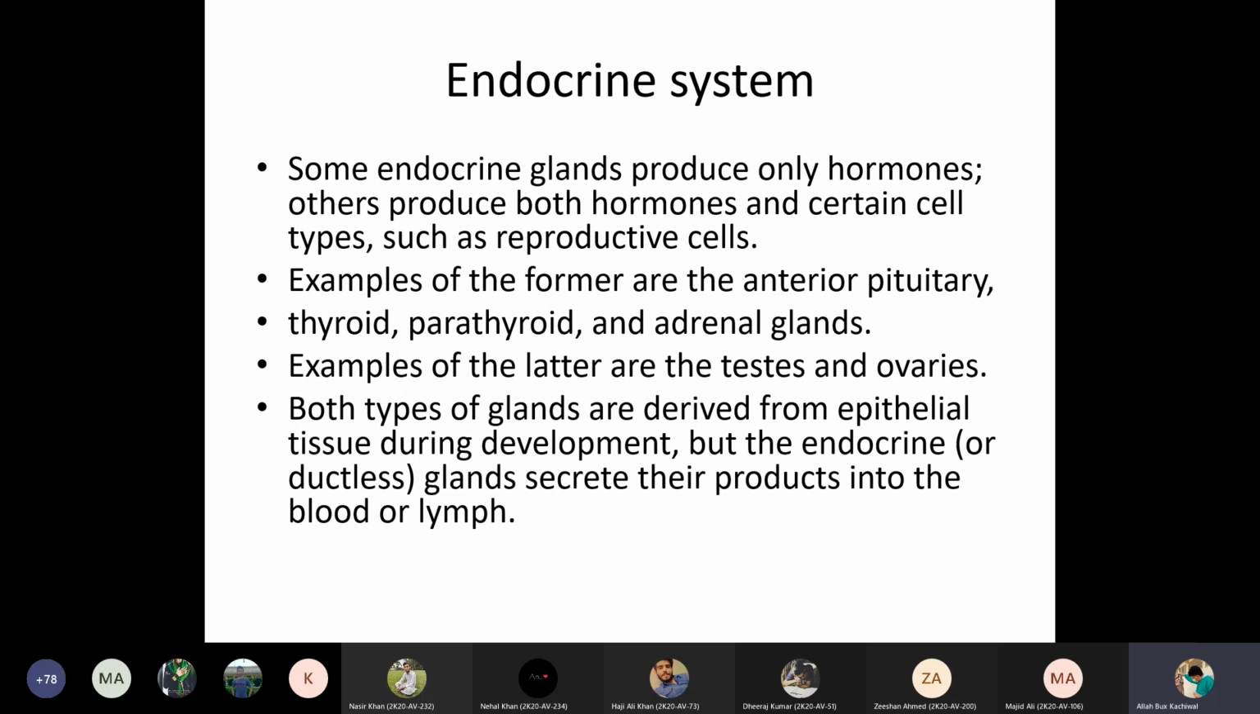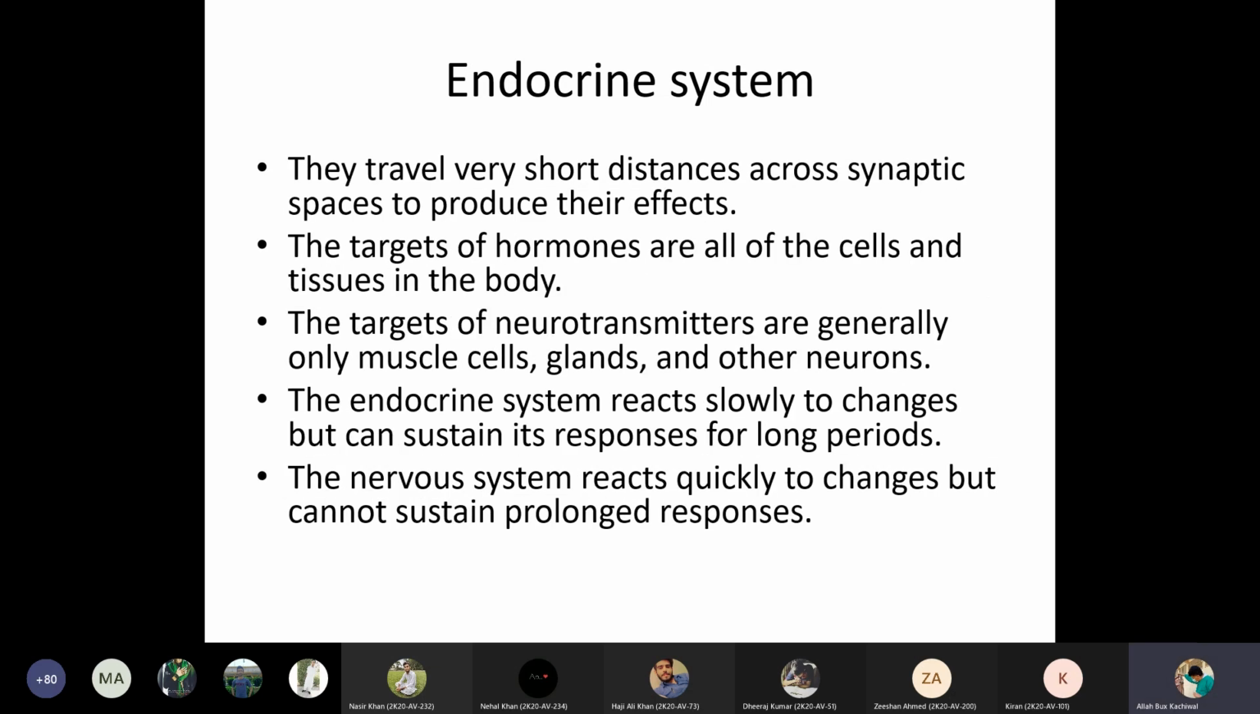ब्लड या लिम्फ में हार्मोन्स को प्रोड्यूस करते हैं, सीक्रेट करते हैं, और फिर वो सर्कुलेट करता है ऑल ओवर द बॉडी। एंडोक्राइन ग्लैंड दैट ट्रेवल्स वेरी शॉर्ट डिस्टेंस अक्रॉस द सिनेप्टिक स्पेस टू प्रोड्यूस देयर इफेक्ट। ये जो एंडोक्राइन ग्लैंड्स हैं, ये एंडोक्राइन सबस्टेंस जिसको हार्मोन बोलते हैं, ये शॉर्ट डिस्टेंस पे काम करती है। द टारगेट्स ऑफ हार्मोन्स आर ऑल ऑफ द सेल्स एंड टिश्यूज इन द बॉडी। ये जो हार्मोन्स का टारगेट है वो सब सेल्स होते हैं।